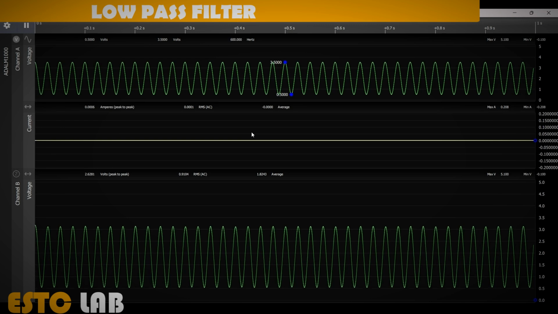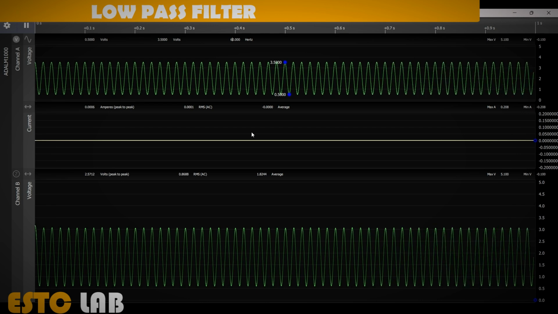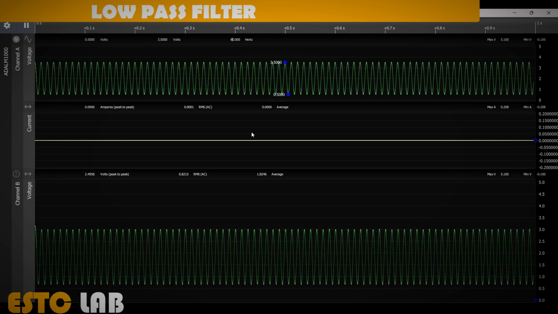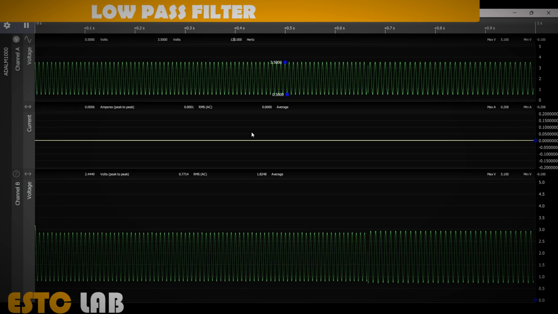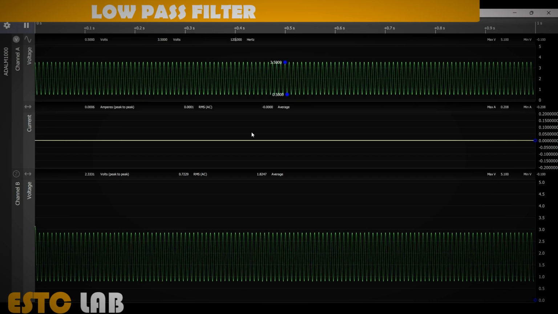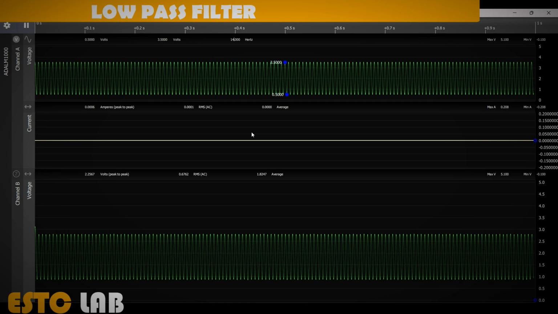At 60 Hz, 2.57. At 80 Hz, 2.4958. And at 100 Hz, it is 2.4. At 120, this is equal to 2.33. At 140, 2.316. At 160,